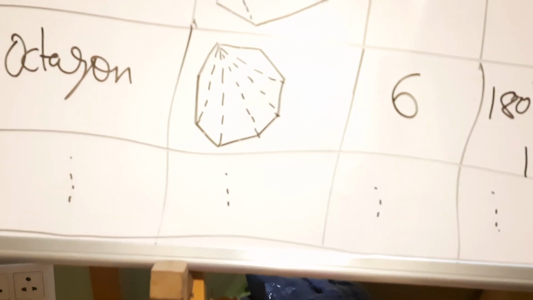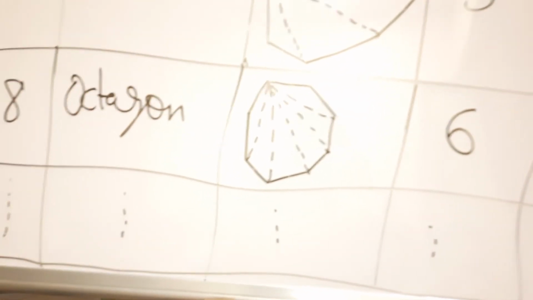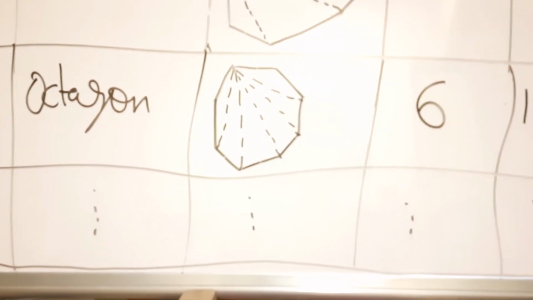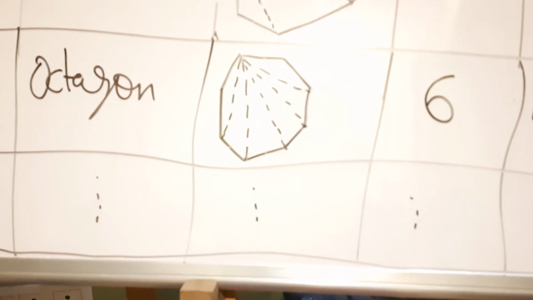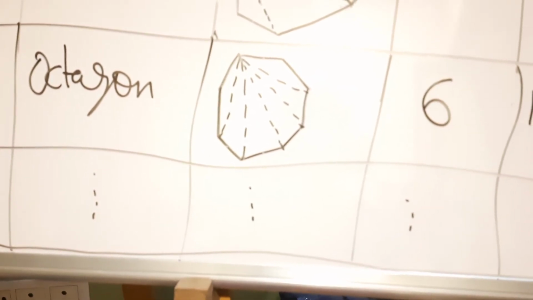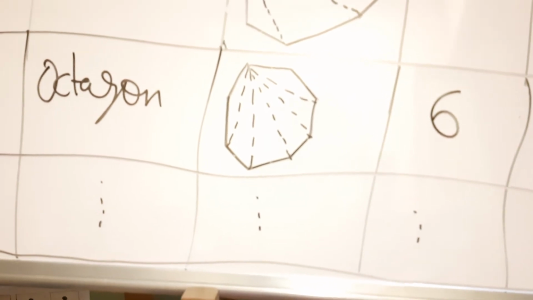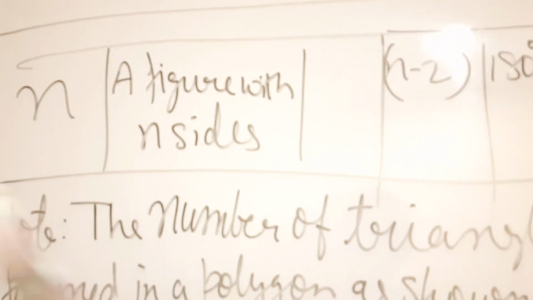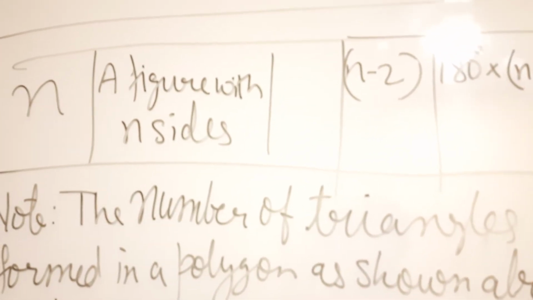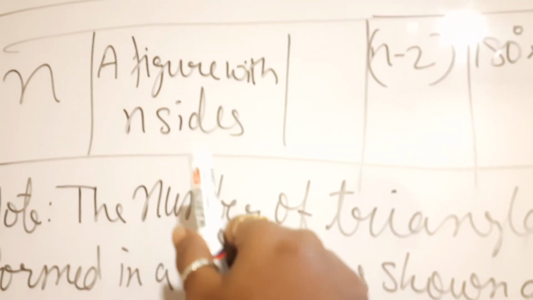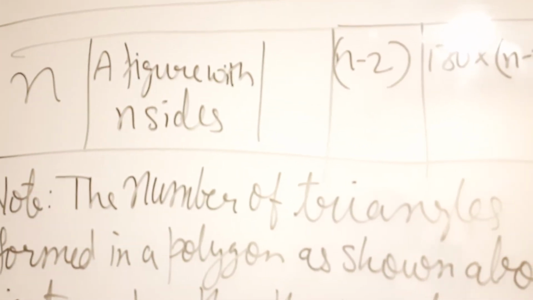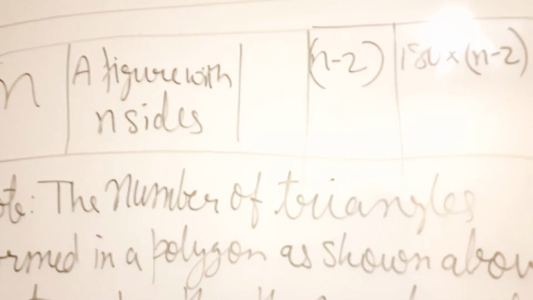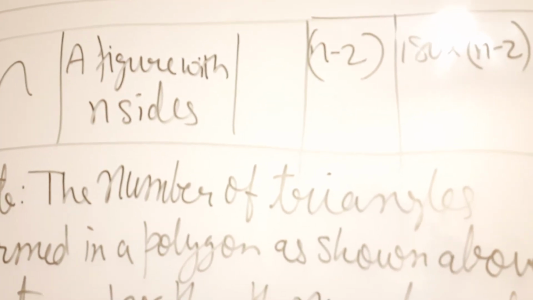So all we have to understand is that when there are n sides, we will have that many triangles. You are going to count the number of triangles and follow the same pattern. Are you getting me? When it is n sides, with any number of sides, 10, 11, 12 or 100, you are going to write a figure with n sides and write the figure's name, or write about the triangles.